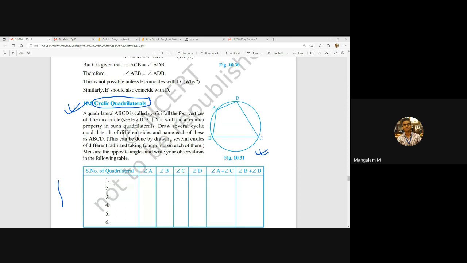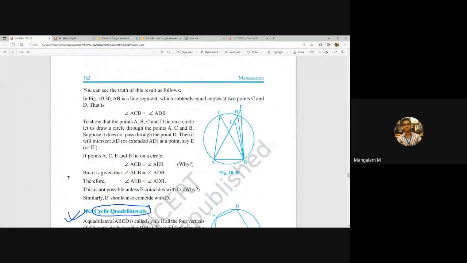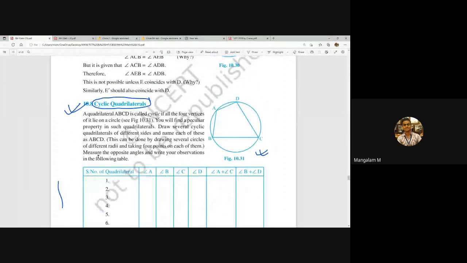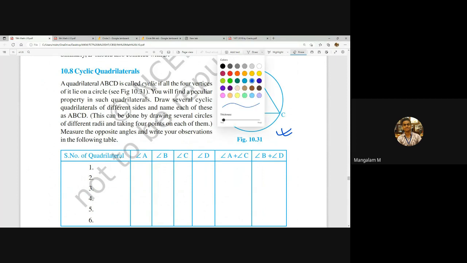Today we'll discuss the topic cyclic quadrilateral that we have started in the last class. After cyclic quadrilateral, which is the last topic of the chapter Circles, we will move to the new topic, that is Heron's formula. In today's class, only a few people have joined. If more people do not join, then we will wrap up the class earlier, right?